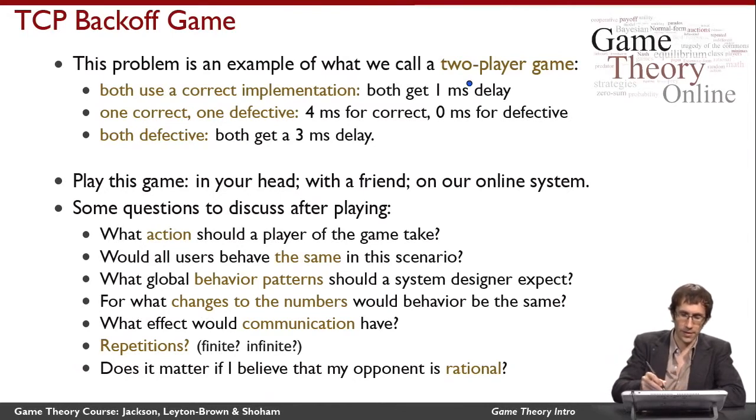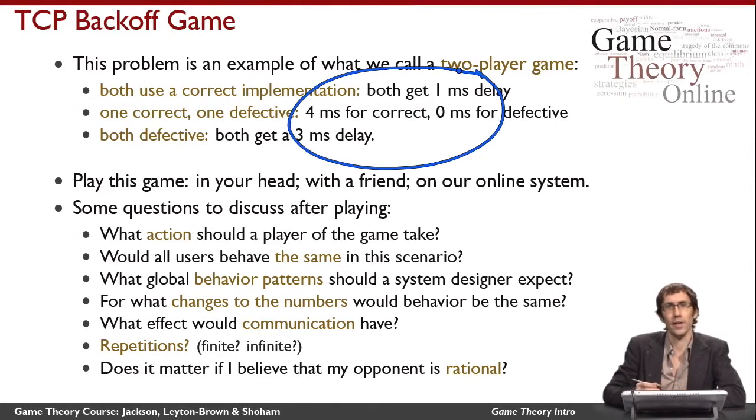You'll notice that these numbers that I came up with here are a little bit arbitrary, and they're not very precise. It's reasonable to wonder how much these predictions that we can make about how the game should be played and what behavior would occur depend on those numbers. Is it the case that for slightly different numbers, we would expect to see very different behavior?